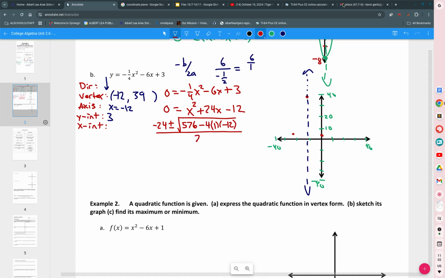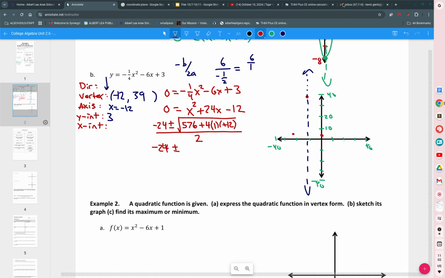Wait, where? Go ahead. Okay, so where's the one? What's the one again? So the 1 is in front of the x squared. Okay, got it. Negative 12 is on the end. We good? Is this going to be 576 plus, or is it going to be 576 minus? Plus. How come? Because there's two negatives. Good. So we're going to add, so we have negative 24